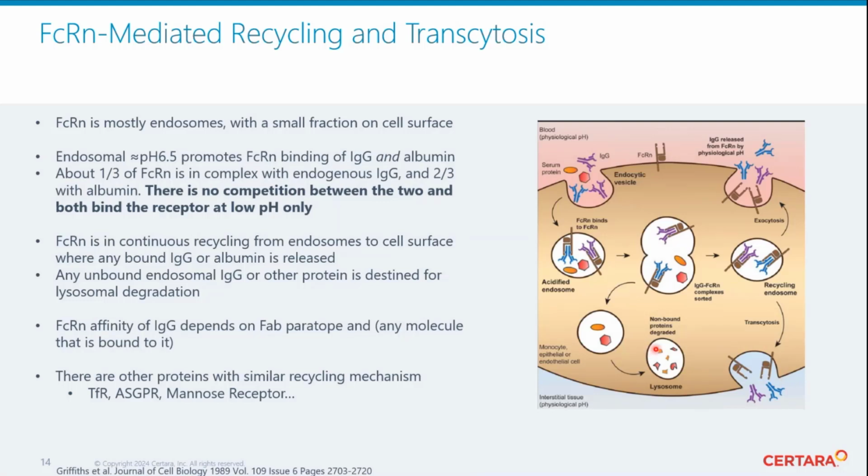So FcRn is not the only receptor that works in this way. There is transferrin receptor, sialyl-glycoprotein receptor, mannose receptor, but those receptors are mostly on the cell surface and only a small fraction inside the cells. FcRn, it's the other way around. We don't know exactly what the fraction of FcRn on the cell surface is, or actually we can't measure the rate constants either. All those need to be fitted from experimental data. And FcRn also binds albumin. So albumin and IgG, that's why those proteins have a quite long half-life. And there is no competition between the two as far as we are aware. There are separate binding sites.